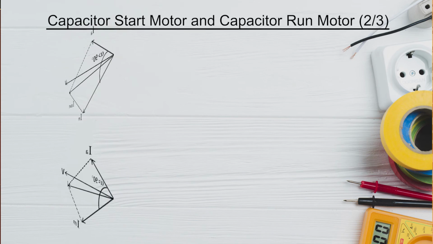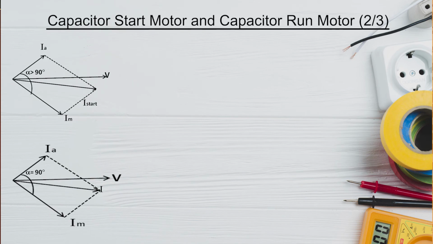So, we have got two capacitors, one at the time of starting and one at the time of running, but at the time of starting both the capacitors are there, that is both CS and CR. Now, again we can draw the phase diagram. When both the capacitors are there, then what will happen? Your phase difference will increase too much.